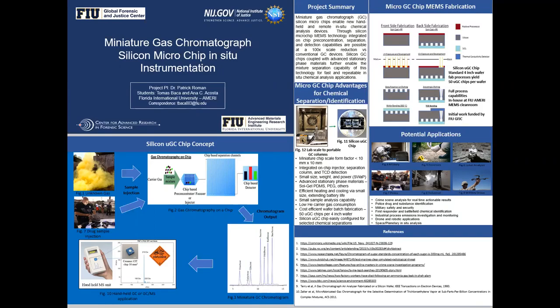We're trying to go smaller, but we need to figure out how we choose to do that from here on out. So the chip that's going to be manufactured is going to include multiple layers beyond just the channel. It's going to have, on the bottom side, that's where we're going to have to put the injectors and whatnot, because it'd be really hard to draw up just